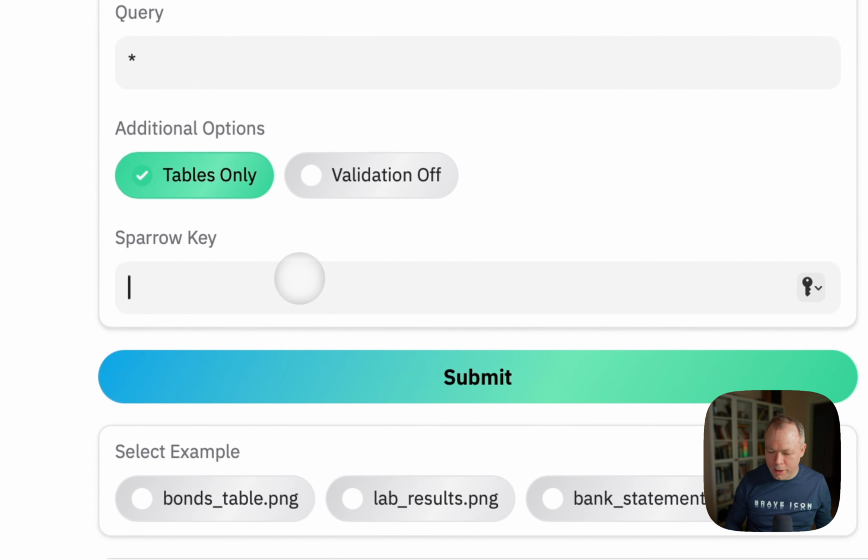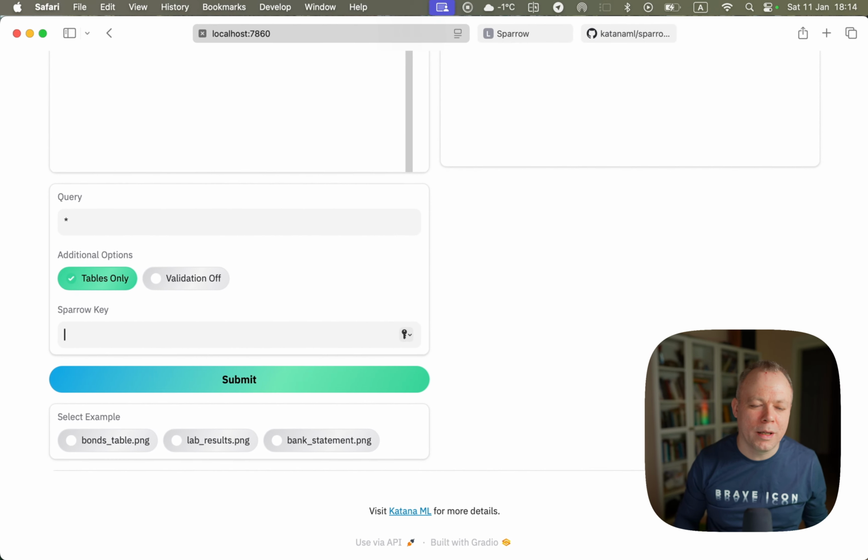And when the application runs for public access, then I control access with Sparrow key. And in this case, because I'm running on local infrastructure without internet access, I can specify just any key. The same in your case, if you download the code from the GitHub and want to run it on your own infrastructure, then you don't need any Sparrow key. You just run it on its own, and on Sparrow Backend you can specify secure protected access false, and this means any key could be used. Okay, then we execute,